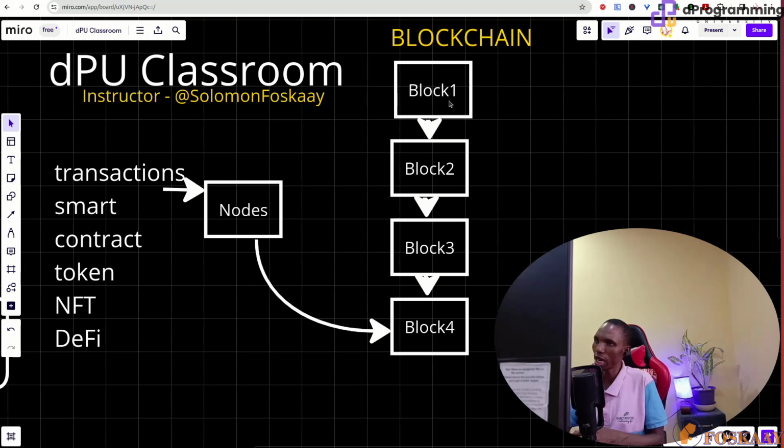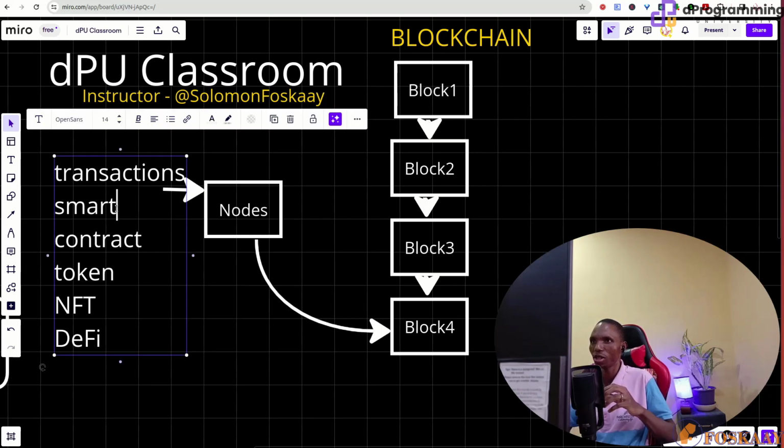If I come here, the hash works like this: when you put in all these things, it gives you this particular block 4. If I remove just this T and change it, it will change everything, and this will no more be block 4. You understand? And then instantly we know that something is wrong.